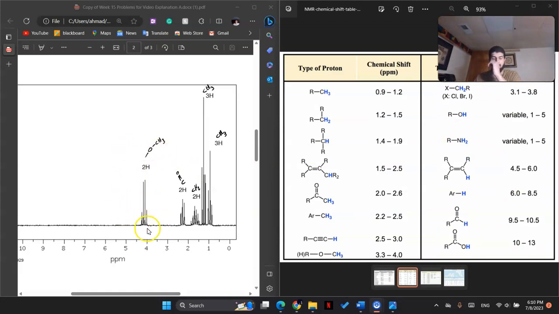We have a peak around 4.1 to 4.2, and that's a little bit off of 4.0, and that fell in with the CH3 single bonded to an O. Then moving down, we have a 2.3, 2.2,